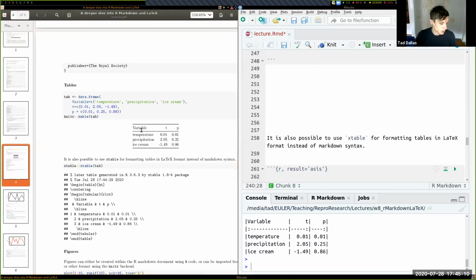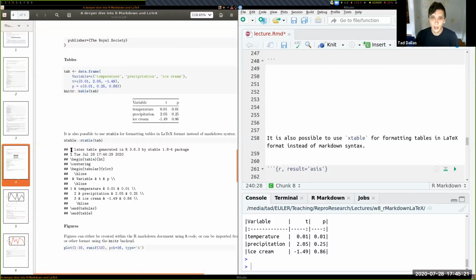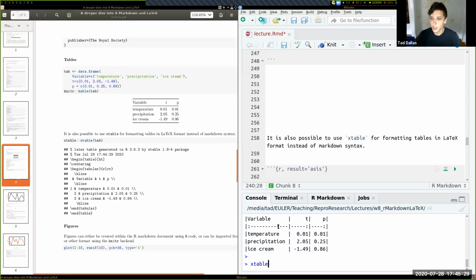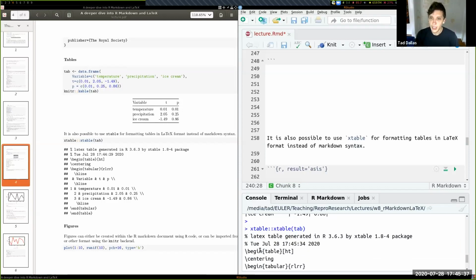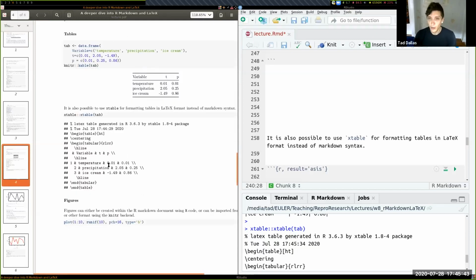And I want to make sure that I draw the parallel from R Markdown to LaTeX, and LaTeX does tables differently. In LaTeX, you can insert tables using xtable. I think there are probably other packages in R that will format a table for you. This is a package in R called xtable, where you run it like that, and it actually outputs it in LaTeX code. In LaTeX code, this may look really ugly when you first look at it, but actually, I think it's really nice, and you specify everything.